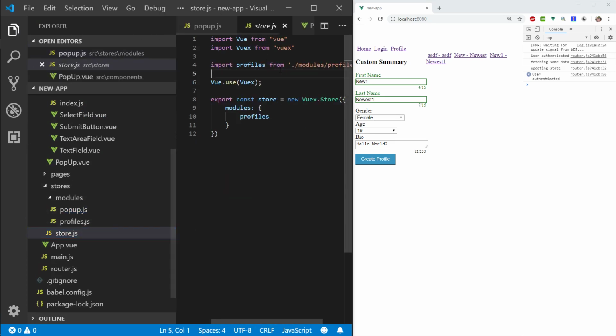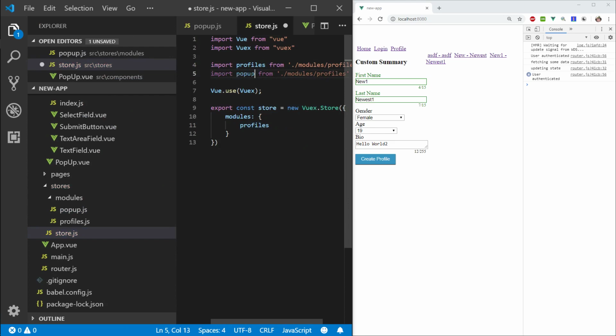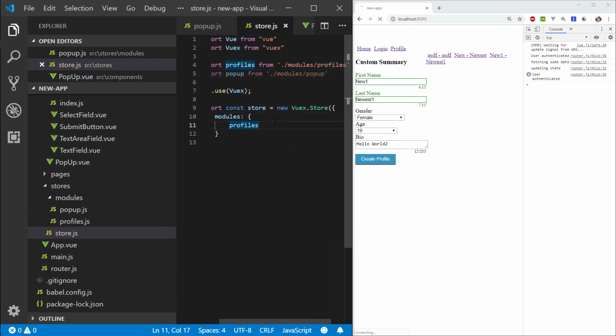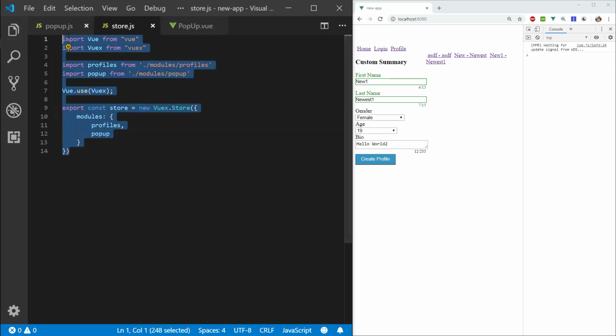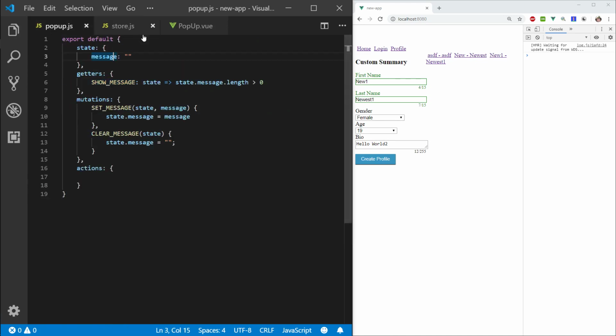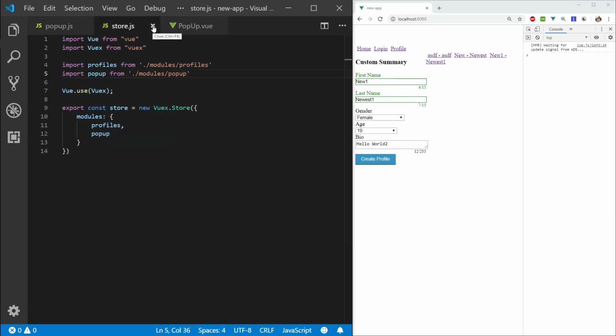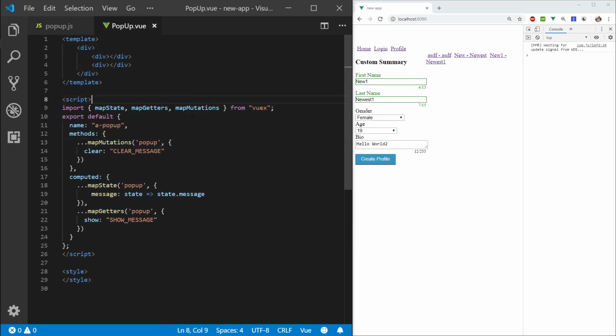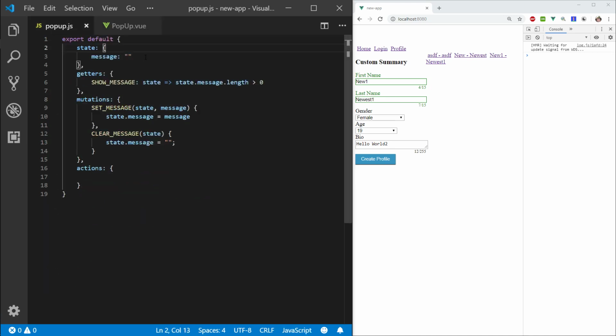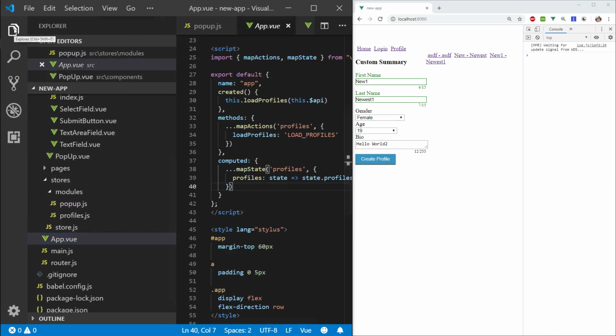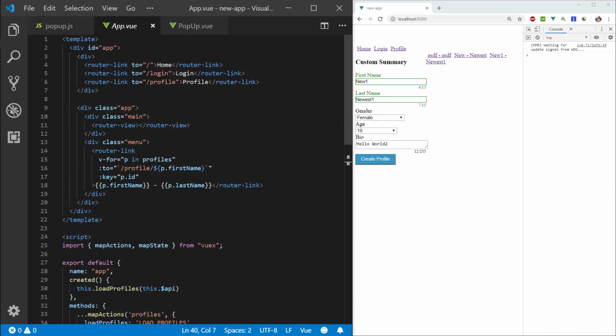I'm gonna go ahead into my store and I'm gonna import it. Popup, Popup, and Popup. Okay, there we go. So I have now imported the Popup thingy into my namespace here. And let me go ahead and close this store. I don't need to look at it anymore. I do, however, want to first, I'll basically say test here, right? So I always want to be showing this pop-up, and where I want to include this pop-up in my app.vue, so it's going to be absolutely positioned somewhere in this app,